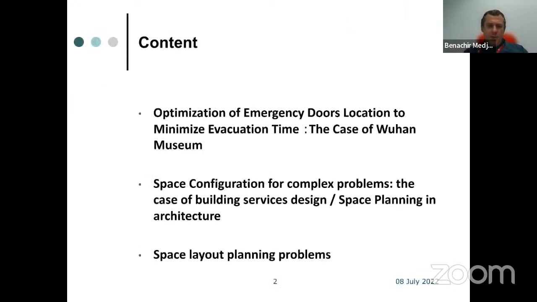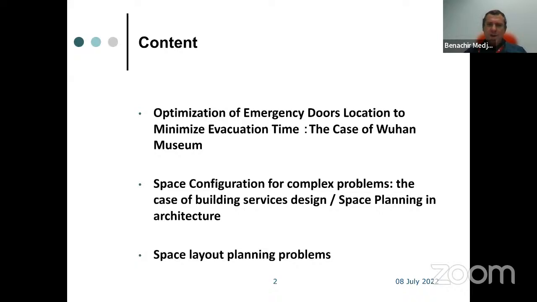Then my talk will be on three case studies. The first one, I will present a project we have done a few years ago, quite recent, just before COVID. As I am also visiting professor at Huazhong University of Science and Technology in Wuhan, China, we have done this project just before the COVID.